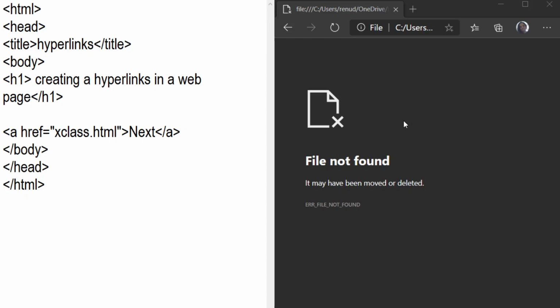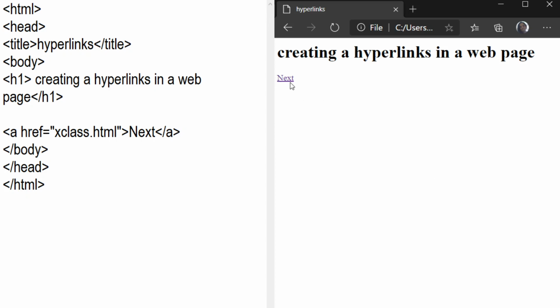Control O, and then write down the name of the file, and then you can open. Now you can see here the color of this next is purple. So when you don't click on this link, the default color is blue. But when you have clicked, the name of the link is visited link, V link.